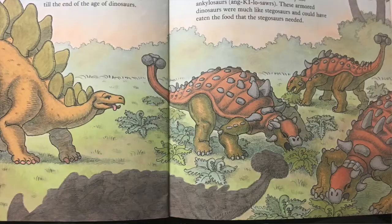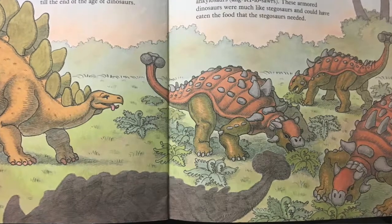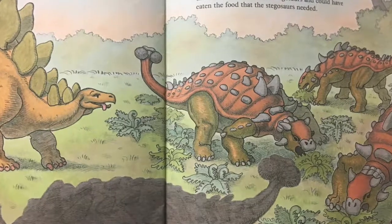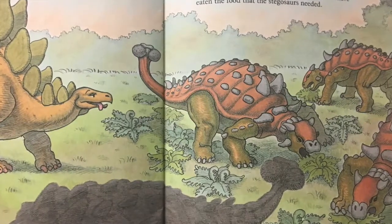Most of the stegosaurs did not live until the end of the age of dinosaurs. They may have been crowded out by the ankylosaurs. These armored dinosaurs were much like Stegosaurus and could have eaten the food that the stegosaurs needed. The only stegosaur to survive until the end of the age of the dinosaurs was